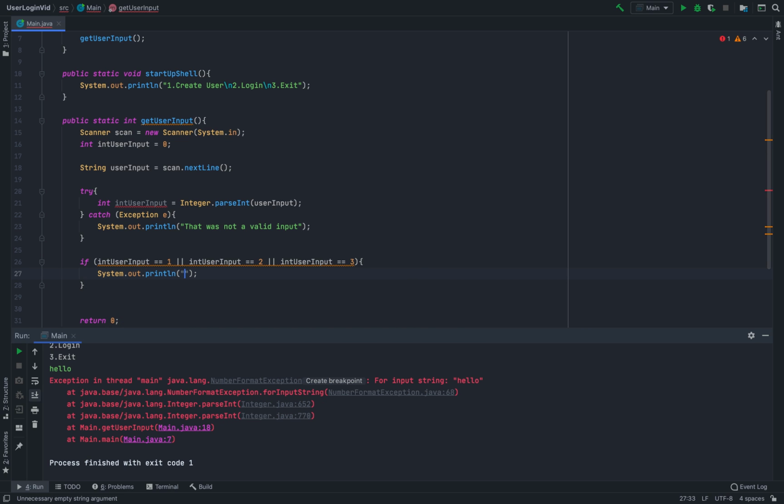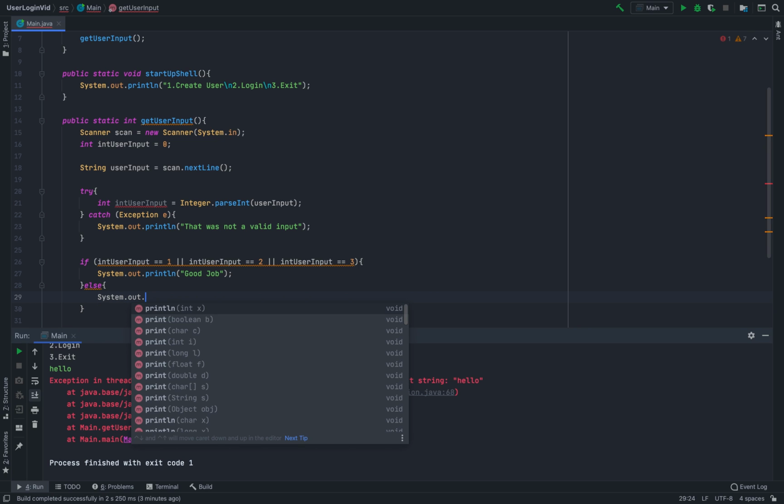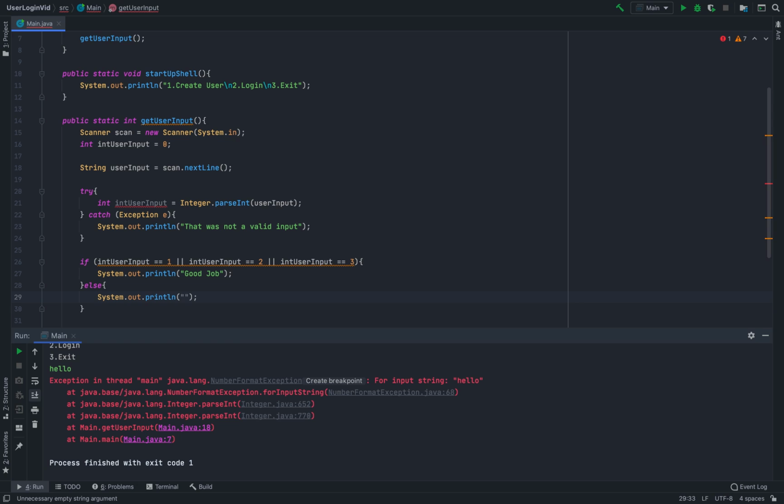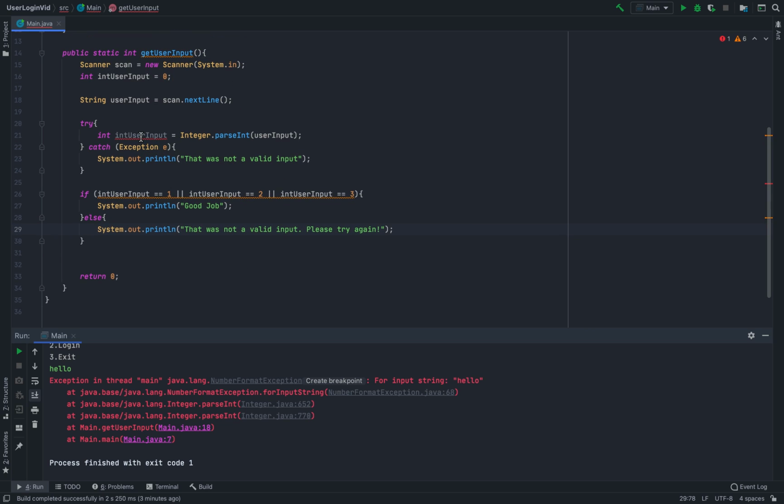system.out.println "good job," else we'll print out "that was not a valid input. Please try again." All right. So let's go ahead and